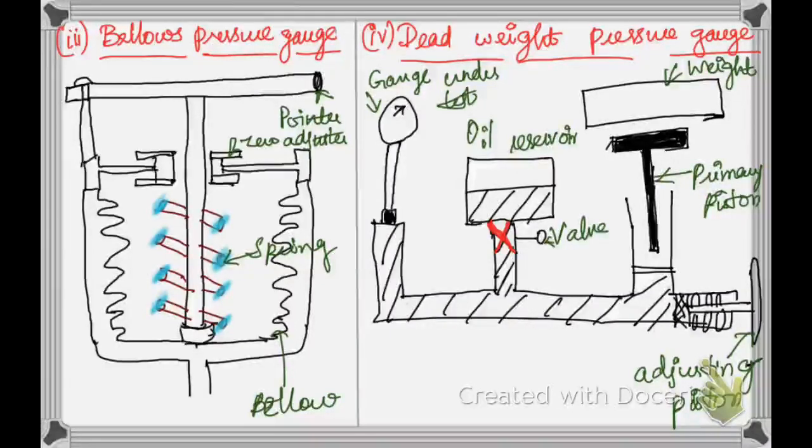And why it is called dead weight means we can apply pressure by moving the piston when we are taking the reference pressure equal to 0. That is, 0 means dead. That's why it's called dead weight pressure gauges. That is, the reference weight will be 0. Whatever we are taking, the reference weight is equal to 0. That's why it is called dead weight pressure gauges. Okay, so we can apply pressure by moving the piston or adjusting the piston, and we can lift out the weight.